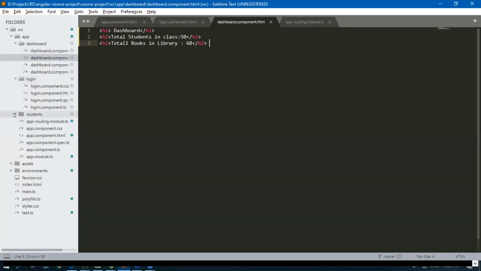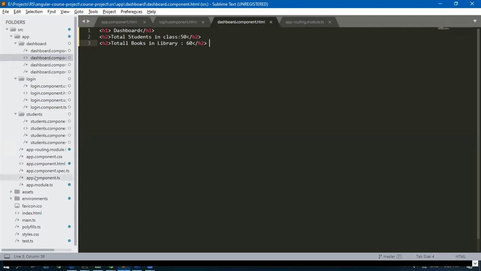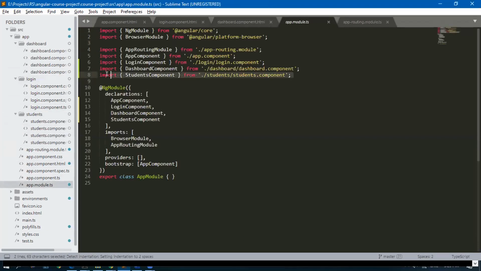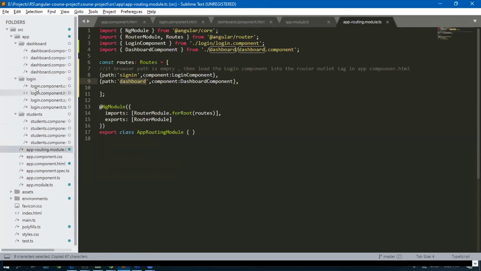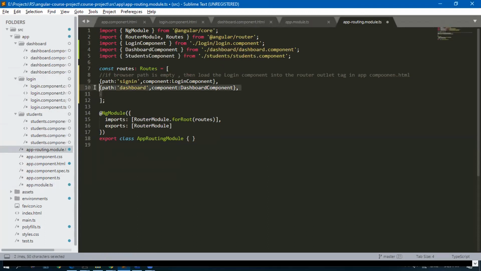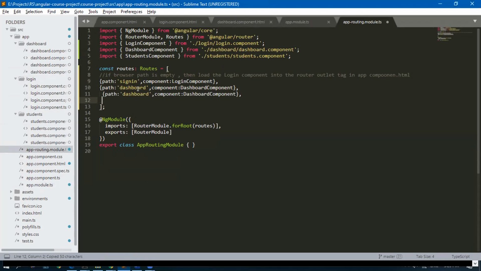So what can I do? I have to go to the routing file and create one route for students. The path is our choice. I'll give it like load students, or I can give students, whatever. And it should load the students component.